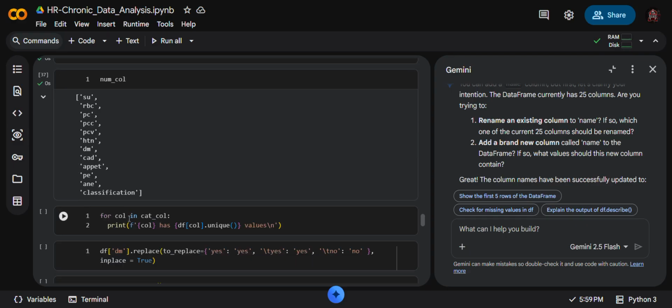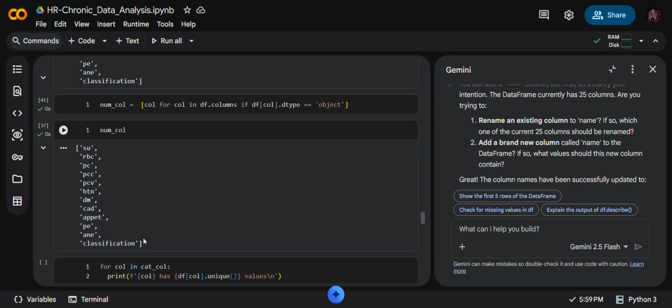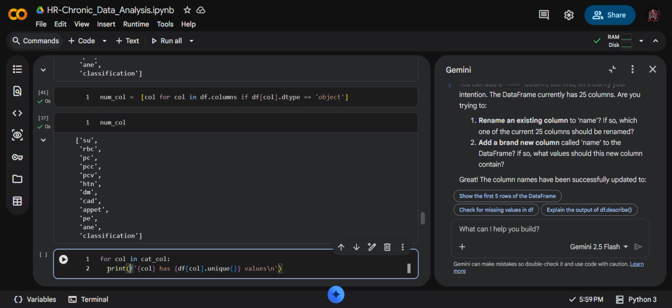So for col in cat col, same after that, like we are using this print in Python also, in every Python step. So print, that's actually a for loop concept.